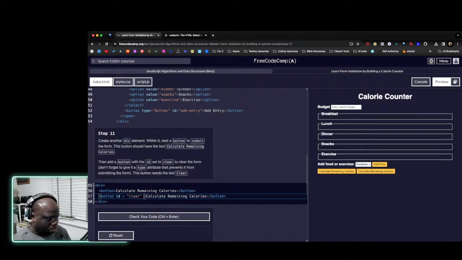And a type. Now, because the last one was type button for that same reason. And this one just needs clear. I'm going to hazard a guess and say that this one type